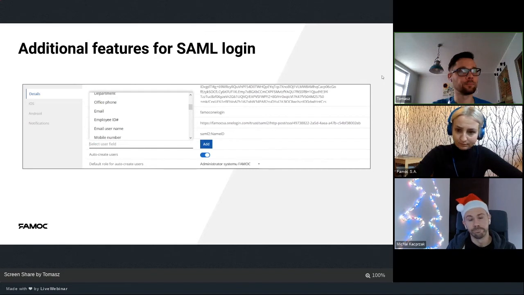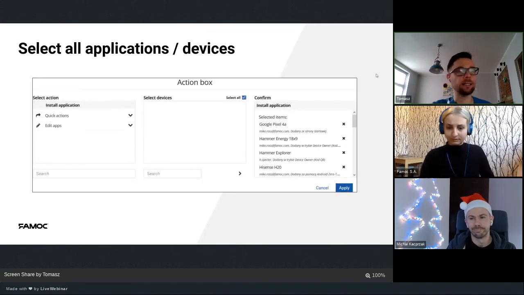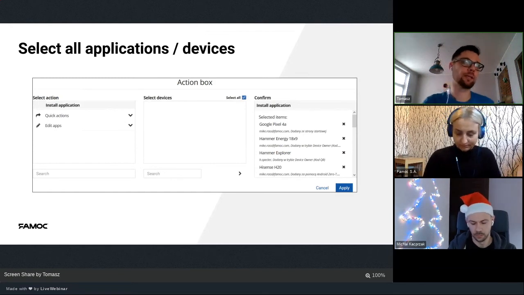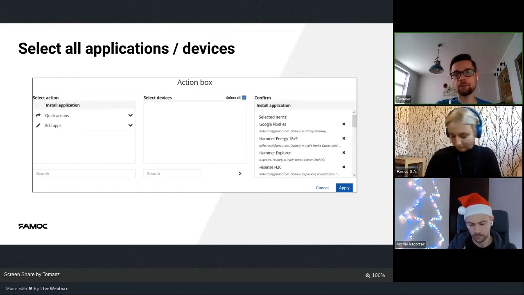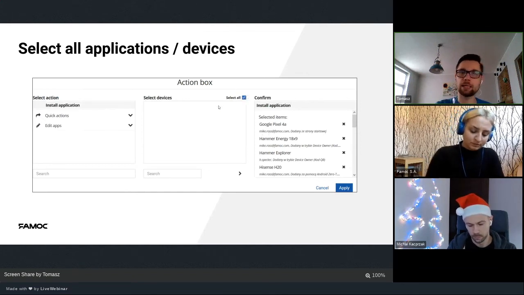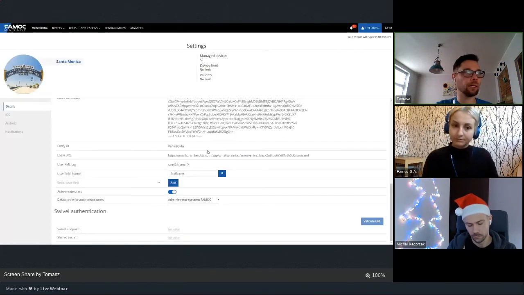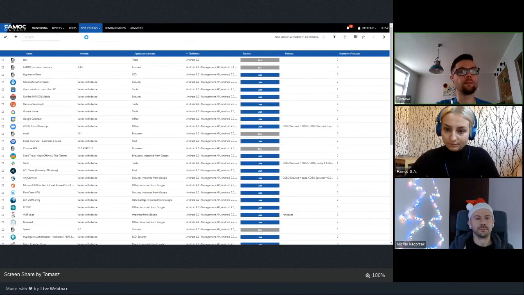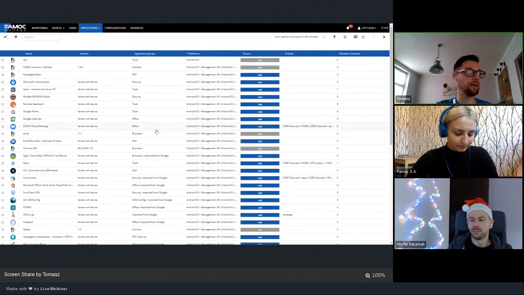Okay. Another new feature. I am pretty sure that it can make your life as an administrator much more convenient, because we added something that allows you to select all the devices or all the applications in the action box. So, for example, I will show you in FAMOC console. For example, if I select specific